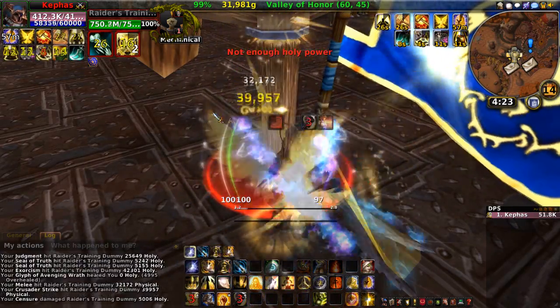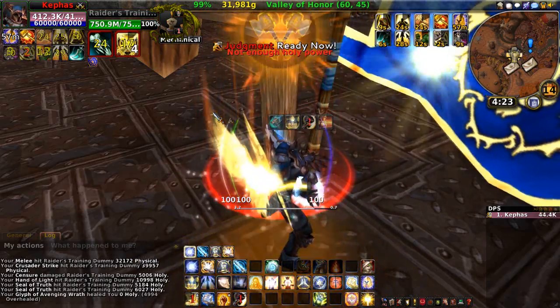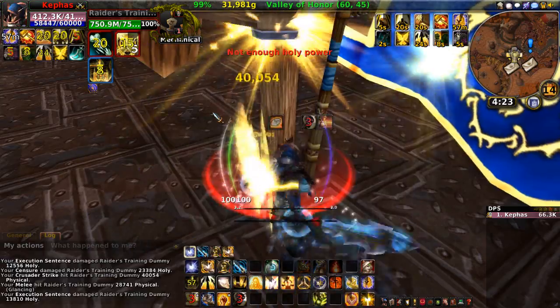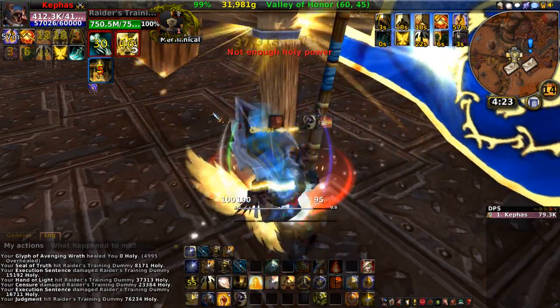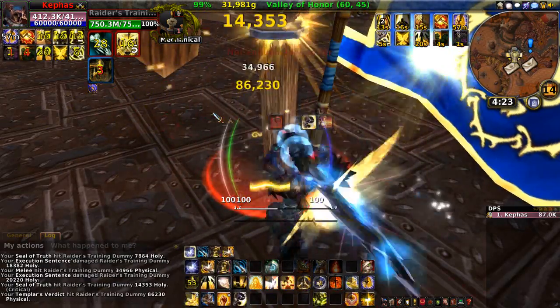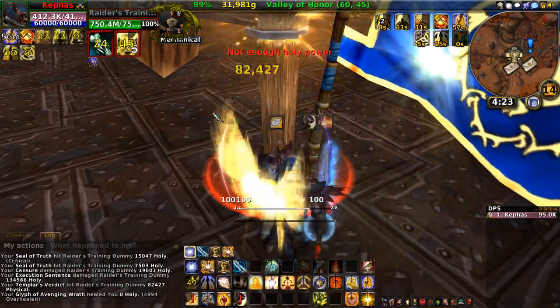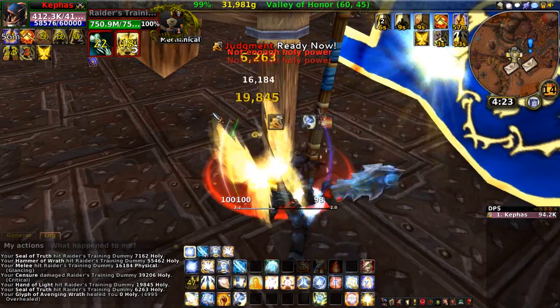It's doing all kinds of stuff. Inquisition real quick, and I'm also going to throw down the execution sentence. And now I'm just going to sit here and hold down A. As you can see, it's doing everything. It's doing Exorcism, it's doing Templar's Verdict, it's doing the hammer, it's doing Crusader Strike, it's doing everything that it can do